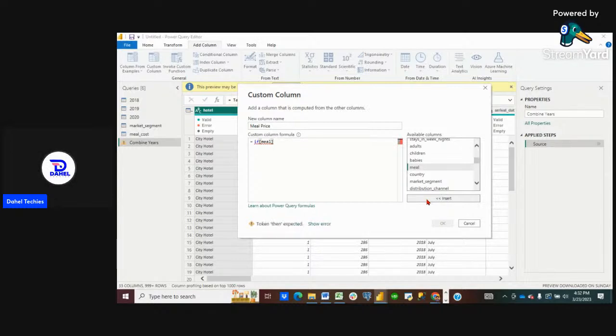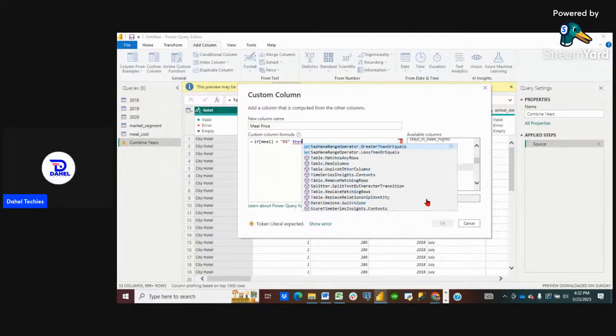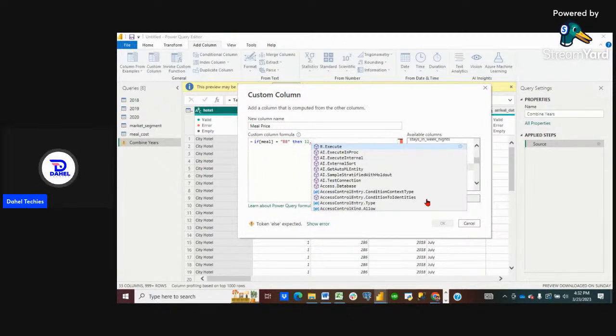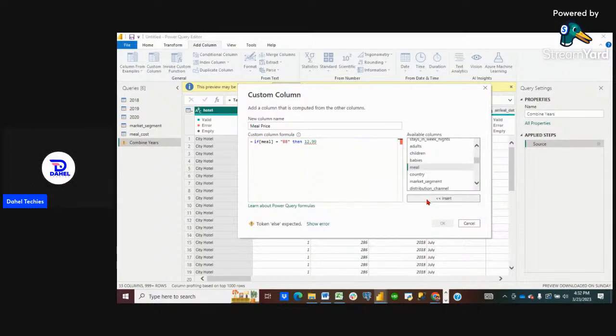So if the meal equals, don't forget, our meal name equals BB. Then we want to use the if else statement here because that's the only way this will work. Then 12.99, else if,